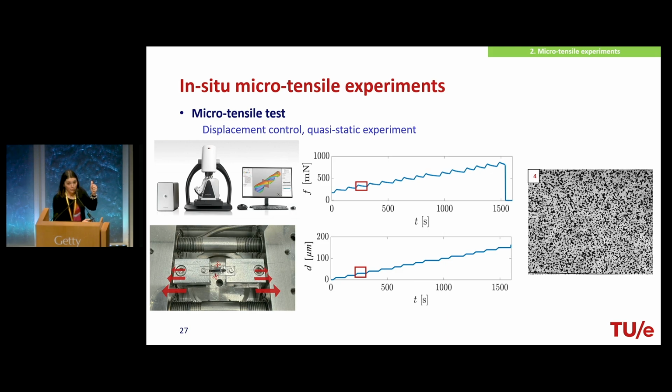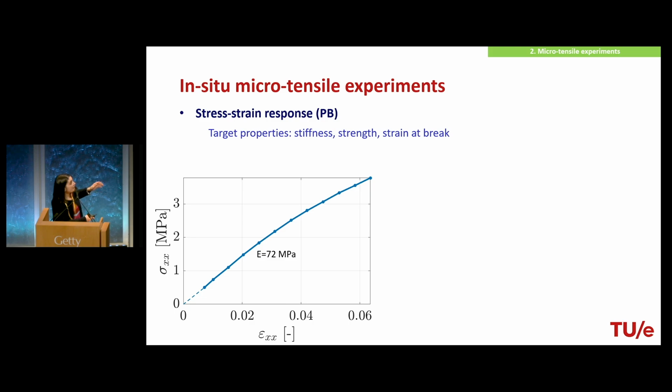So we have the force that is recorded during the experiments. We have the cross-sectional area that we have accurately evaluated, as I discussed before. And then we have the strain that is processed by means of digital image correlation. So we can combine everything to plot the stress-strain response. As I mentioned, this is the only result that I will show you.